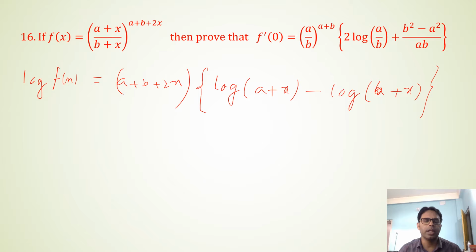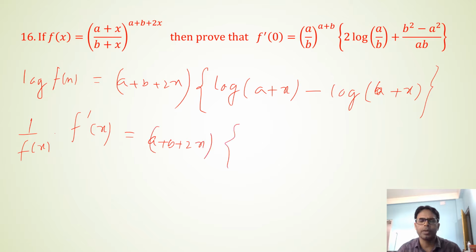Now take differentiation. In the left hand side it will be 1 by fx, and by chain rule fx differentiation is f dash x. On the right hand side, first differentiate this, rest of the term remaining same, and then differentiate the second function, remaining the first term same. So I am taking a plus b plus 2x remaining same. Take differentiation of the curly bracketed term, that is 1 by a plus x minus 1 by b plus x, and then plus, take the differentiation of the first function, it is simply 2 only, because a, b both are constants, so will be 0, and 2x differentiation is 2 only,